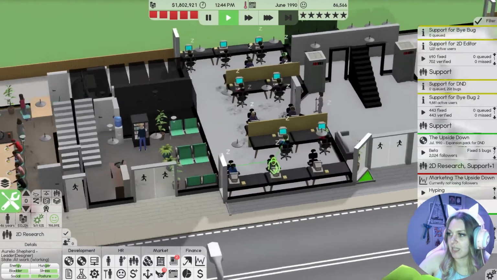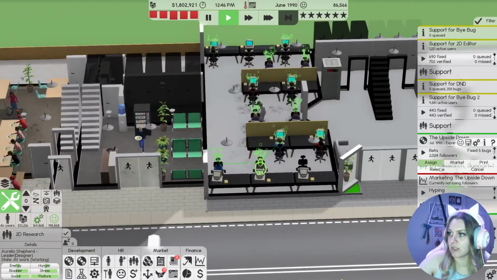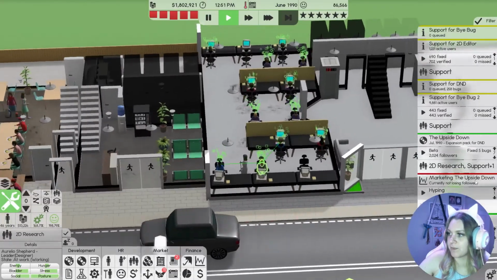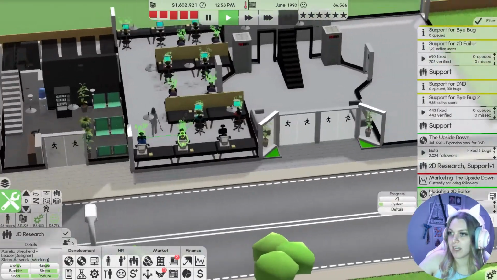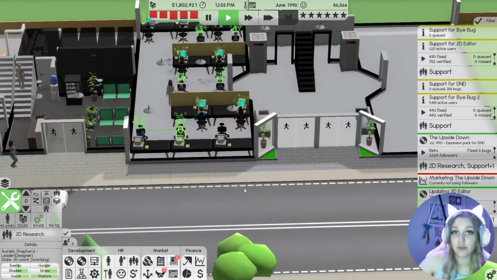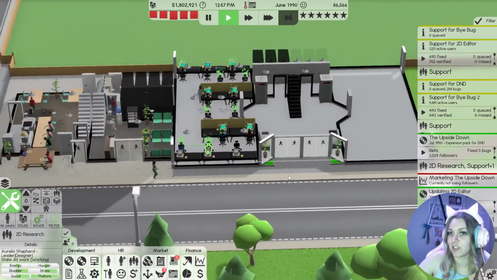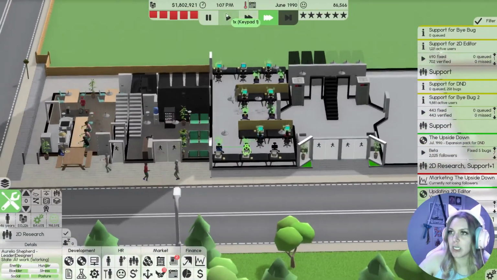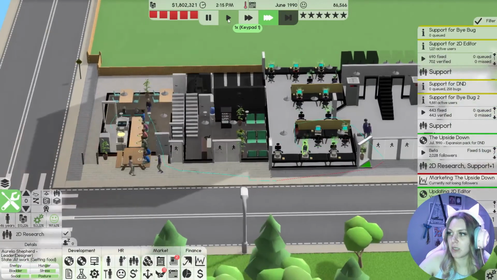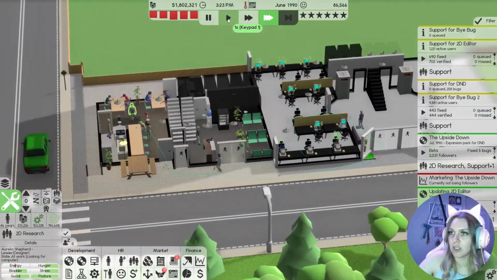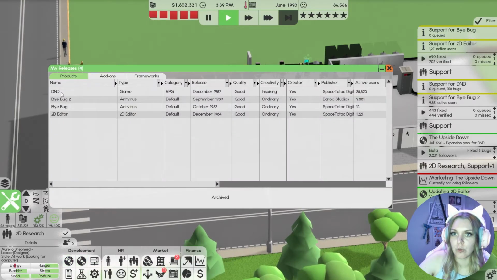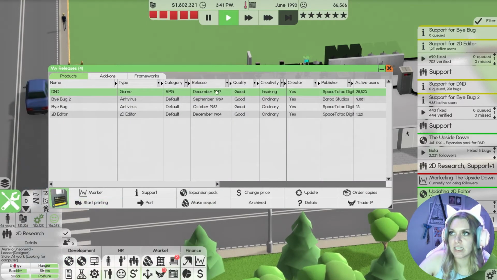Let's go ahead and update. We're going to assign 2D. Oh, they are already on that. Well, then I guess that's it. I told you, mid-1990 for the 89 research. This is not too shabby. We are still hemorrhaging money, so I'm a little bit nervous about expanding our team again. So maybe we just start developing a sequel. Let's do D&D. It was released 3 years ago. That does not seem like a great time.